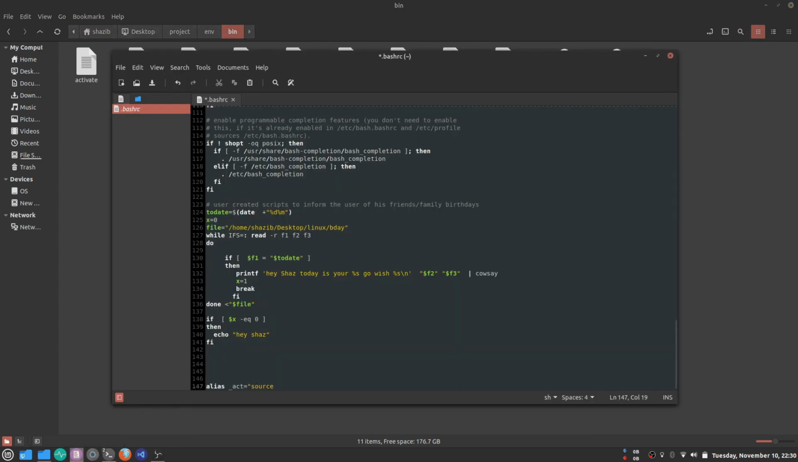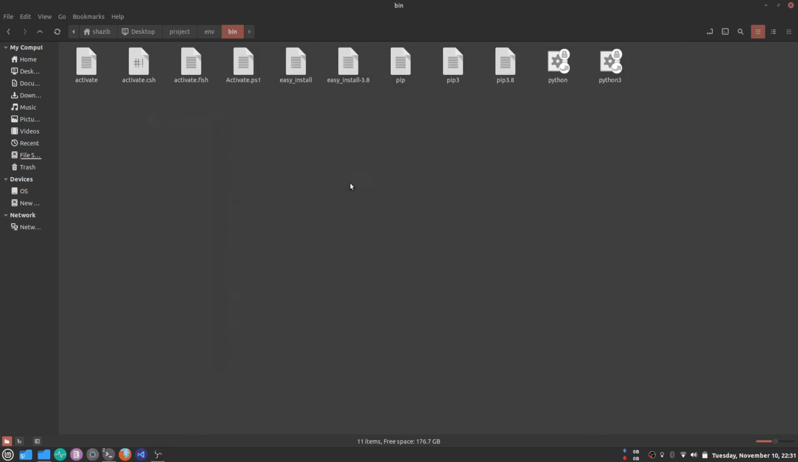So go there, source, Control Shift V. In any other place you can use Control C, Control V, but in the terminal you have to use Control plus Shift plus V or C. You have to use Shift Control V, and I'm just going to write activate here. Close this. Remember,